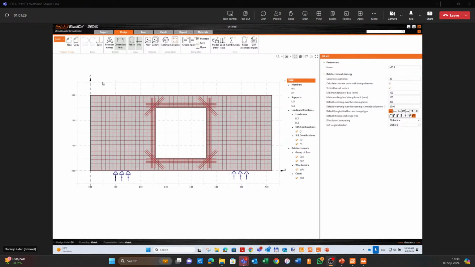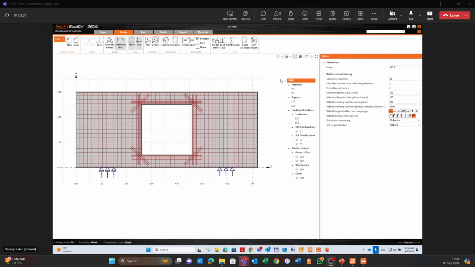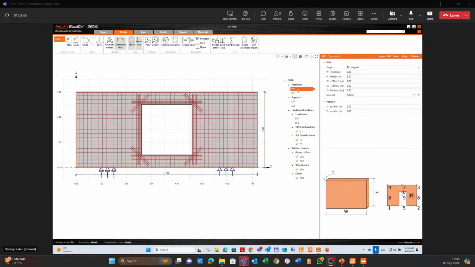You can see here in the tree menu, you can define everything that's needed. It quite nicely leads you from the bottom to the top, from the top to the bottom. There are some general settings, and then you can see our main member wall defined as rectangular wall with its width, height, and thickness. We can have more than one member in one model, so I can